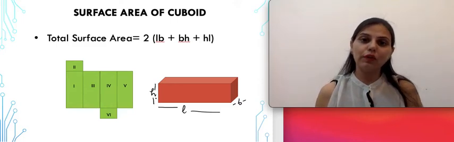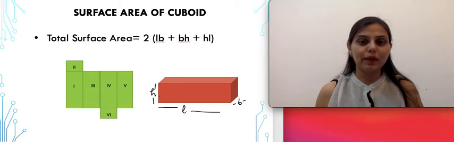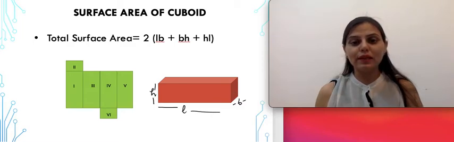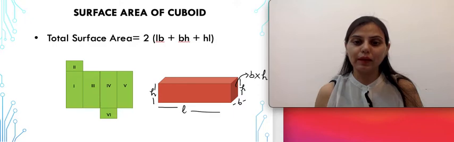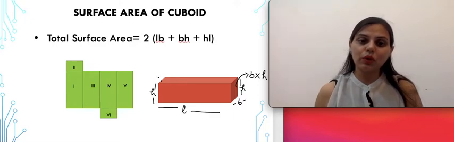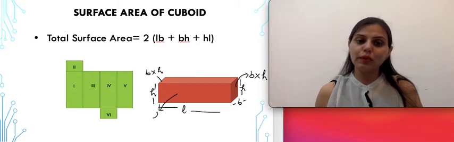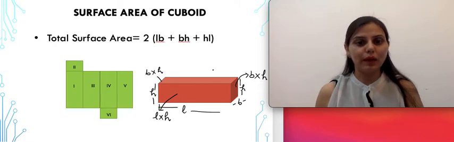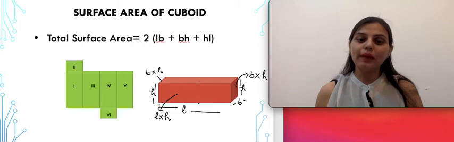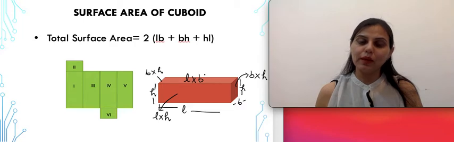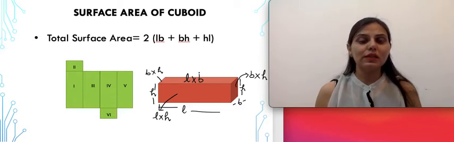We know that the formula for the area of a rectangle is length multiplied by breadth. Similarly, if you take the side face, we will take the dimensions breadth and height, which will give us the area of this face as breadth multiplied by height. Obviously, the opposite face will also have area breadth multiplied by height. The area for the front face is going to be length multiplied by height, and similarly the area of the back side will also be length multiplied by height. The area for the top and the bottom surfaces will be the same, which in this case will be length multiplied by breadth.